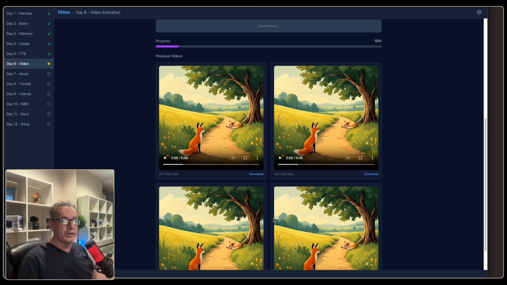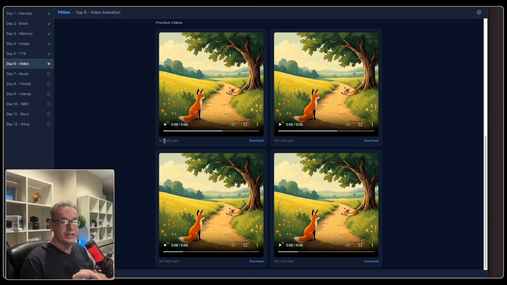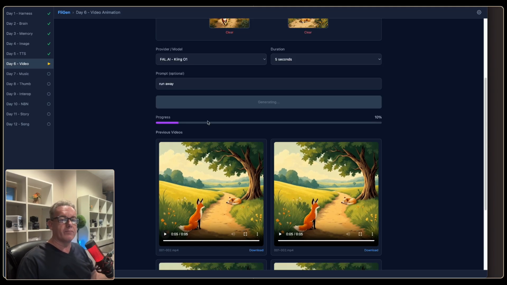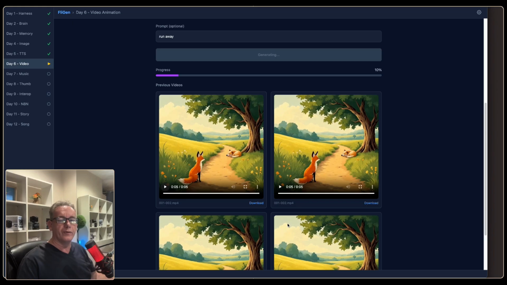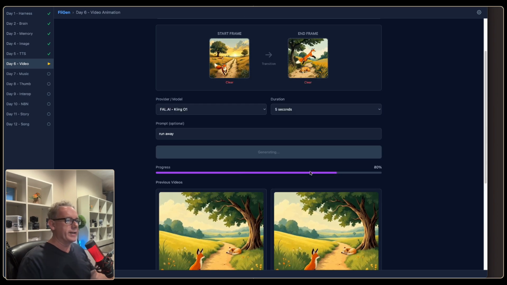And while it's doing that, we can also see that there's a bunch of other issues down here, such as the numbering system. We've got the same numbers. I've never tried to download. Maybe it works. The other thing I noticed is that as soon as you create one, the other ones stop working. So if I hit play here, nothing. I hit play here, nothing. I think as soon as you start rendering something, anything else before disappears. But again, we've not given any purposeful instructions in our coding to deal with that sort of stuff. And this one is now coming through.